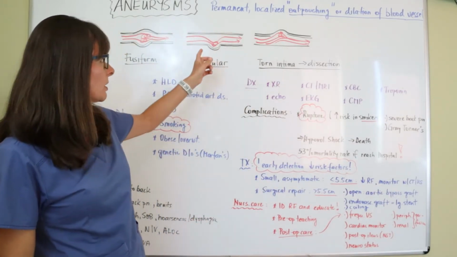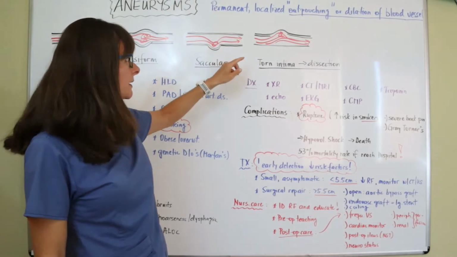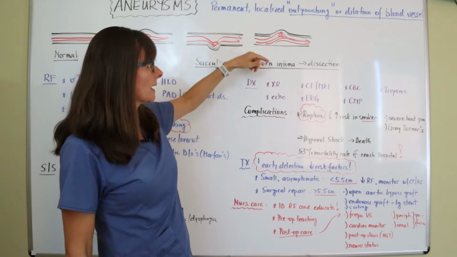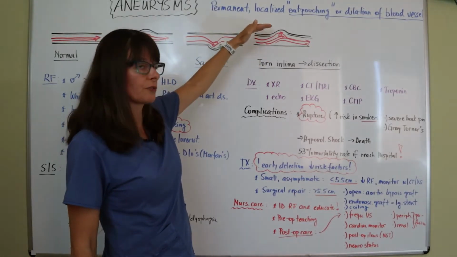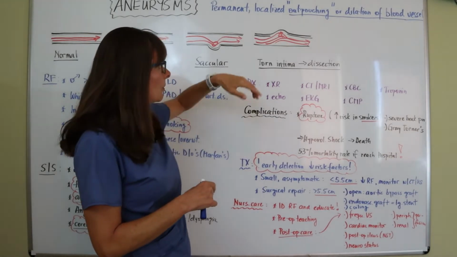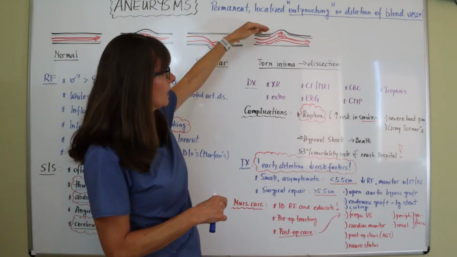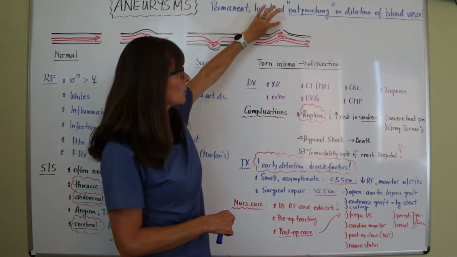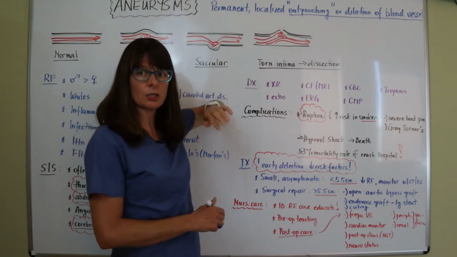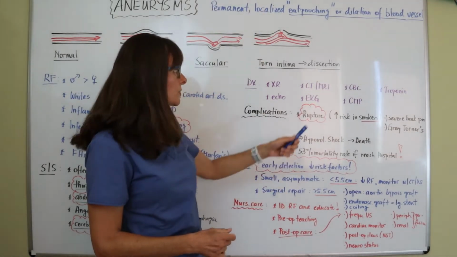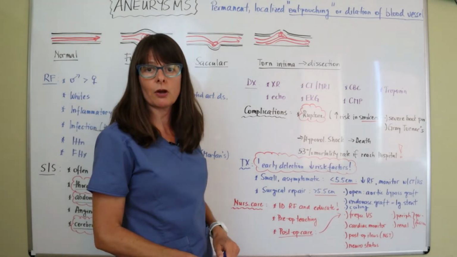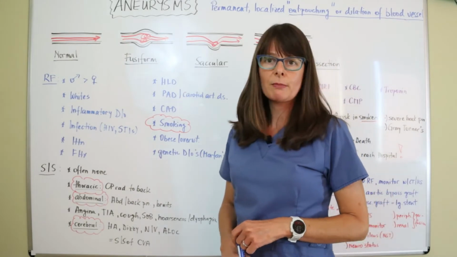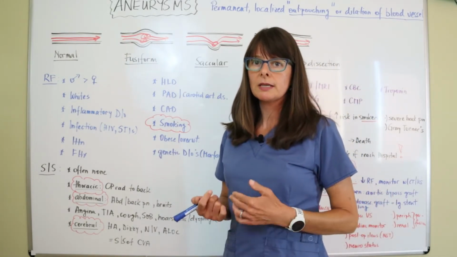What happens then, because there is so much pressure because of this turbulence, is that the intima, the innermost layer of that blood vessel, can become torn. And recall that there are several different layers that make an artery, and so when that gets torn, the vessel wall becomes weaker and weaker, and then eventually this could burst, and the blood would just come out of that blood vessel, which is also called a dissection or a rupture, which of course can be life-threatening. So now that we have a better understanding of what an aneurysm really means, let's look at some risk